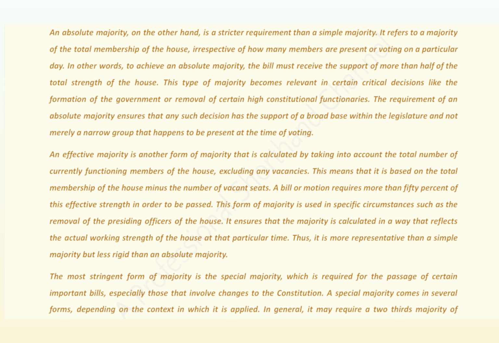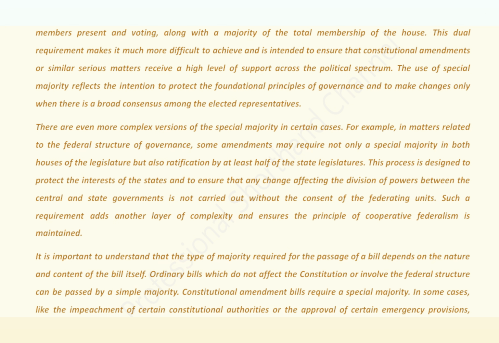The most stringent form of majority is the special majority, which is required for the passage of certain important bills, especially those that involve changes to the Constitution. A special majority comes in several forms, depending on the context in which it is applied. In general, it may require a 2/3 majority of members present and voting, along with a majority of the total membership of the House. This dual requirement makes it much more difficult to achieve